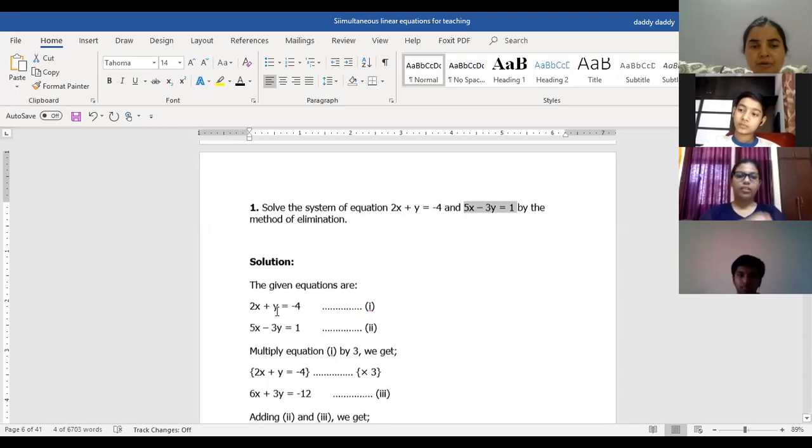If somehow I get a plus 3y in my first equation, I don't know how I will get it, but somehow, and after getting that I add both the equations, what will happen? Plus 3y and minus 3y will get cancelled, isn't it? Just like plus 5 and minus 5. So the y term will be removed. So now somehow I have to get 3 next to y.